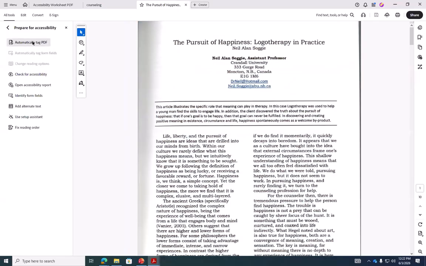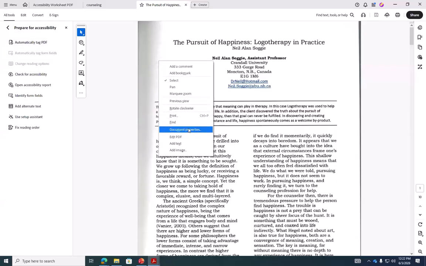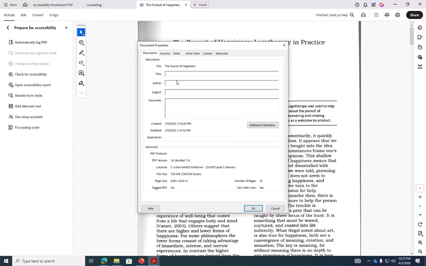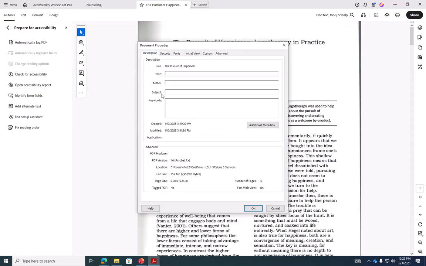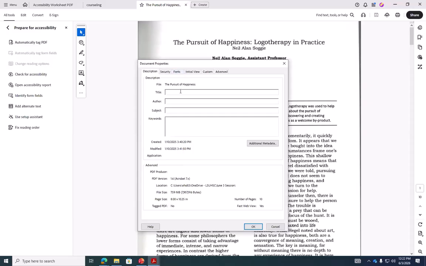And I'm going to guess when I go into document properties, yep, there's nothing there. I have a file name, but no title, no author, no language. So let me go ahead and correct this here. We know we can correct it in the accessibility checker, but I'm just going to do